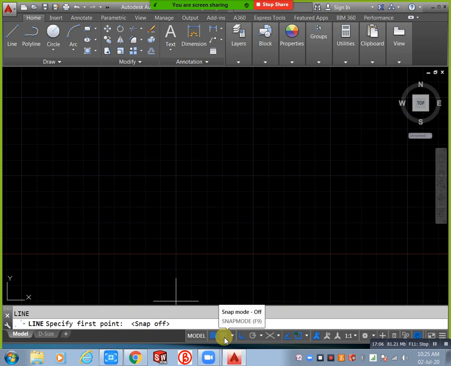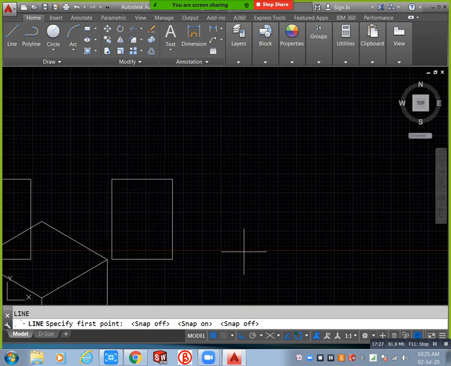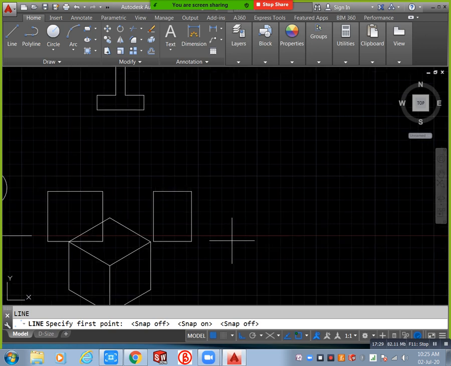That's why you can always turn this off. We no need this one. In some situations, when it is on, you will get some error values also, 1 mm extra, 2 mm extra, even 10 mm extra coming. That's why you can turn off snap mode. Actually, this snap mode method is only for letter writing. In engineering drawing first or second classes, in drawing sheets you prepare alphabetical letters. That type you can create, but we no need that type here.